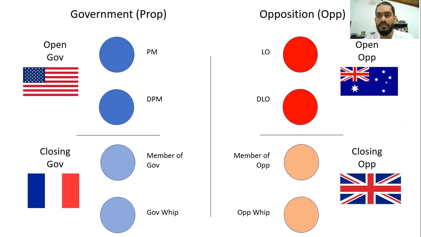But imagine, whatever arguments came their way, the opening opposition did a good job rebutting those, although they were not fiery. They were sufficient. They were not fiery because the arguments weren't that solid. Okay, and imagine that they did rebut whatever was brought up by the PM and the DPM, and they did bring in good constructive arguments for the opposition side. Let's say that they did well, and let's say the closing government did an okay job,